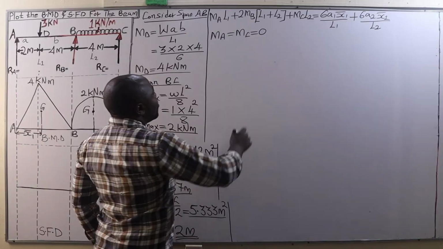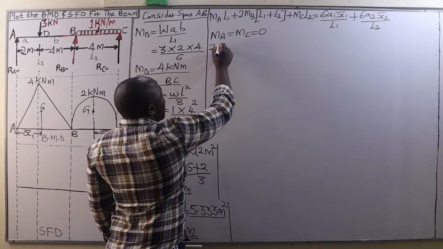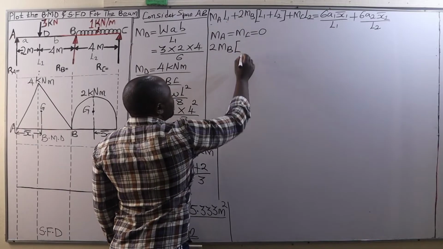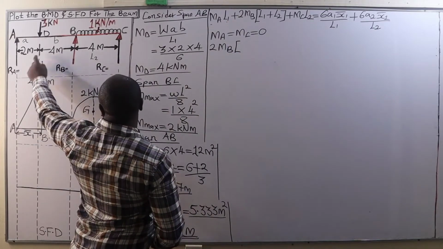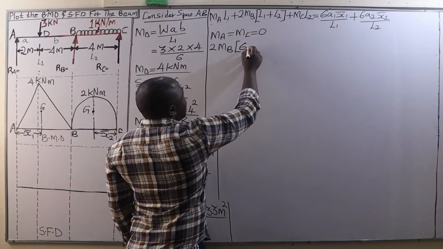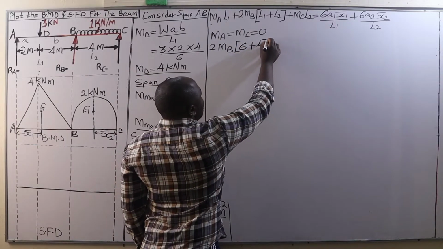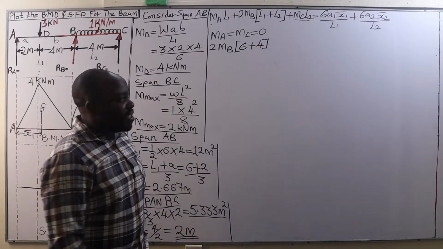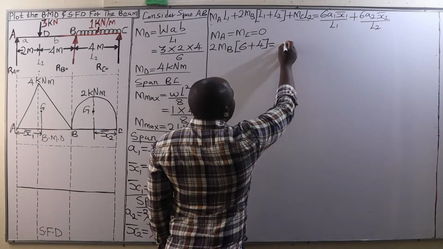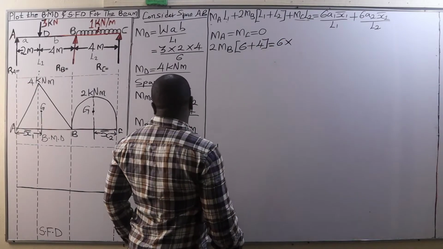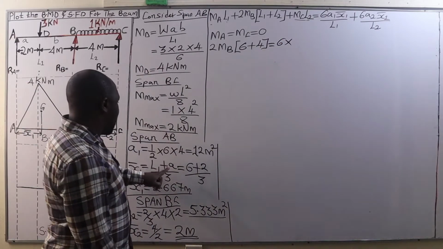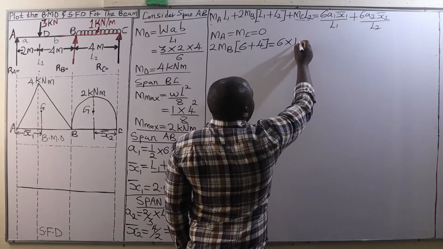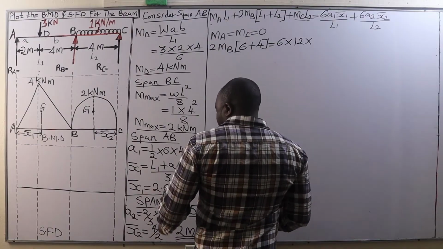And therefore, we are going to remain with 2MB, since MA is 0, into bracket L1, which is 6 meters, plus L2, which is 4 meters, plus 0, because MC is 0, being equal to 6 times A1, which is 12 square meters, multiplied by bar x1, which is